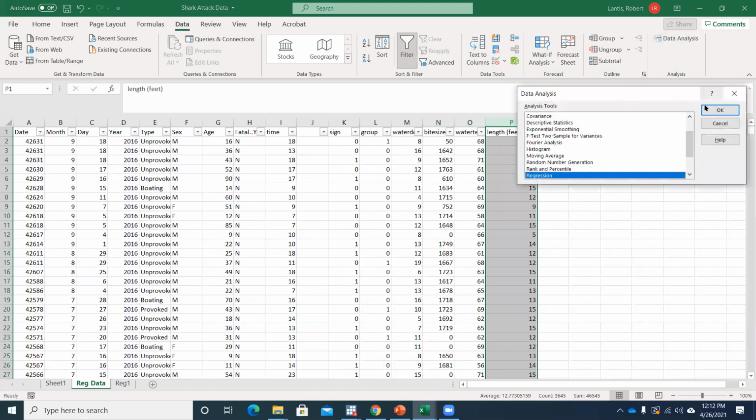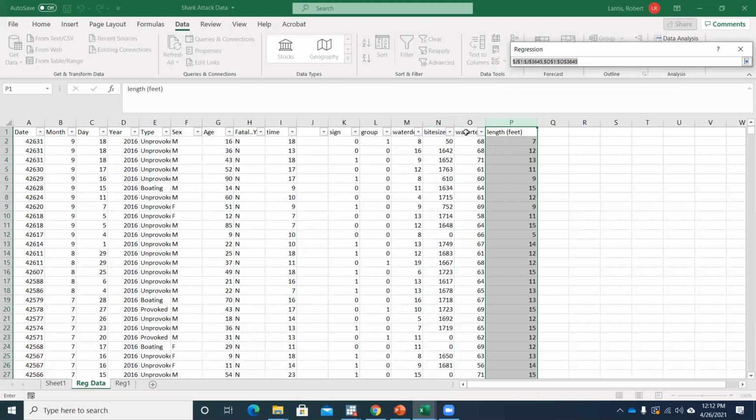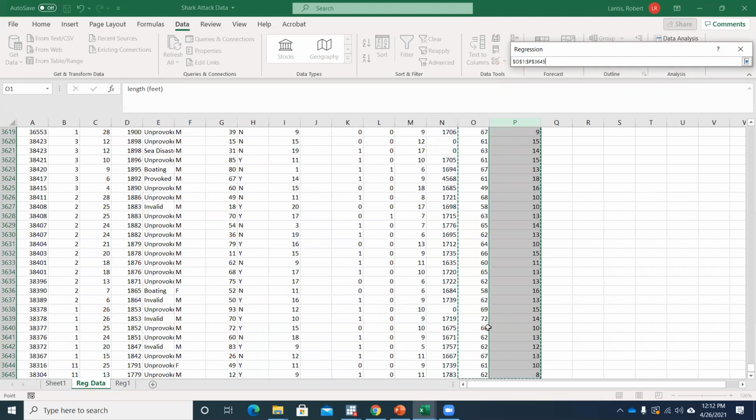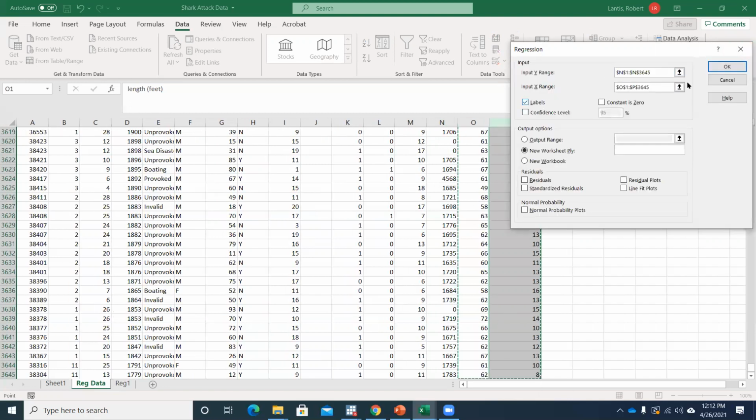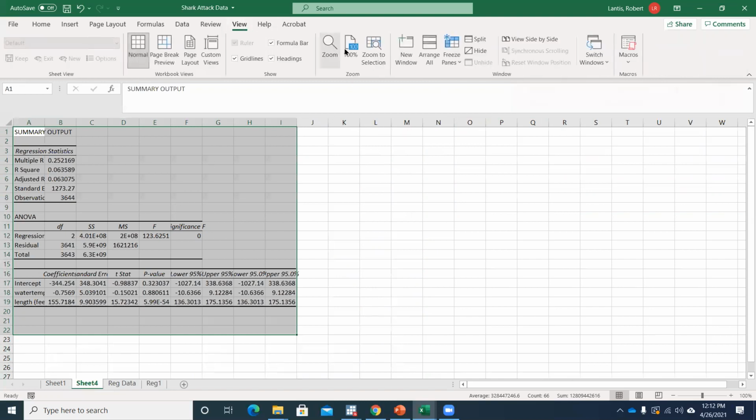So now, when I go back to my regression, I've still got my bite size selected as my Y variable, but now for my X variable, I'm going to select both of these, length and water temperature. Hold Control Shift or Command Shift on a Mac, hit the down arrow, it selected both of them, got my label selected. Now it can run that regression. So they just have to be in consecutive columns. There can't be any columns in between them. So now if we look at the output,